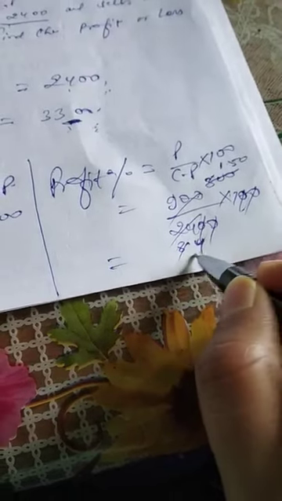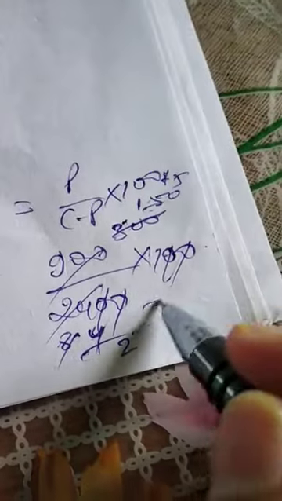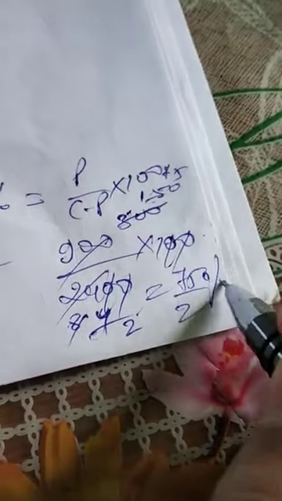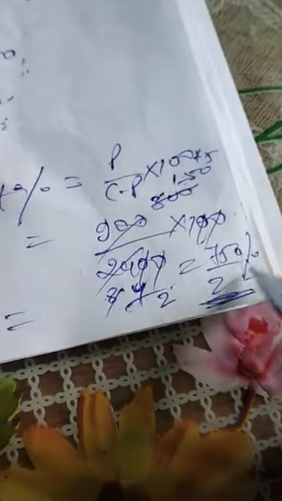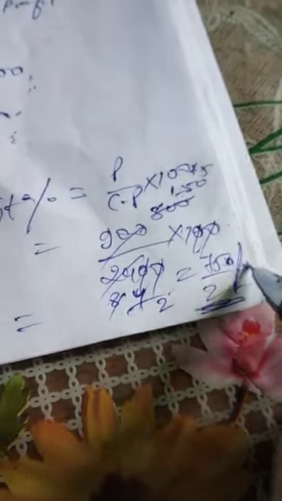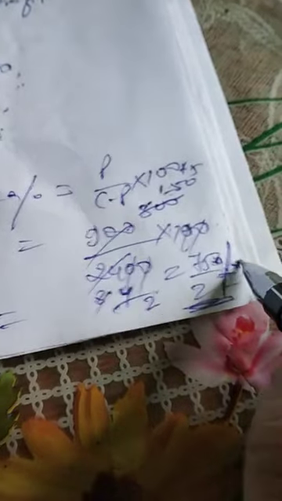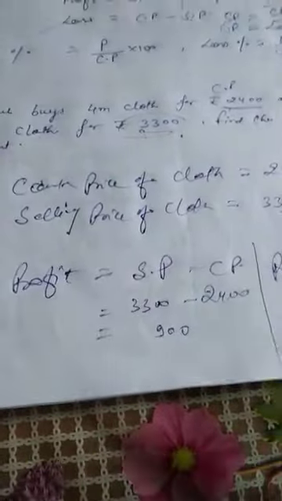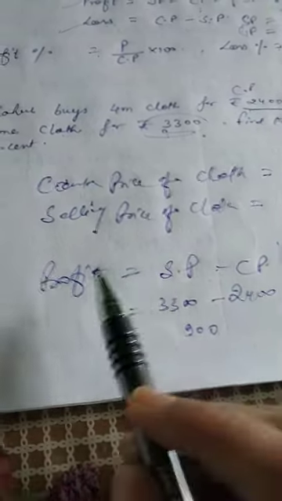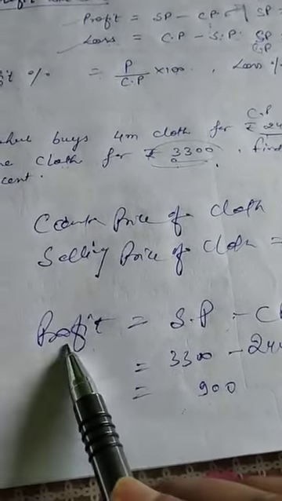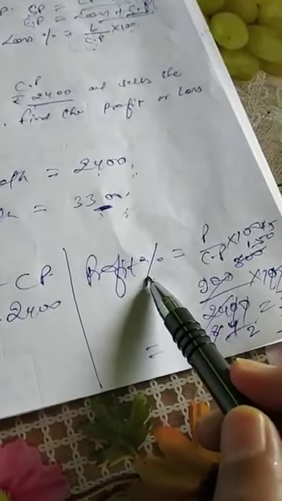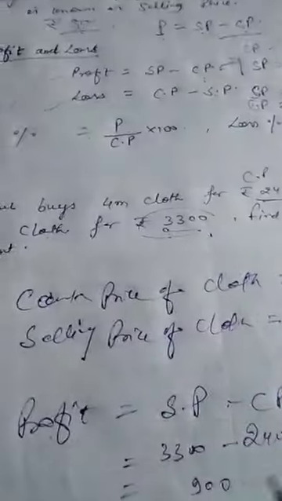2 4s are 8. Okay. 2 2s are 4. So we will get here 75 by 2 percentage, because now we have changed this into percentage. You can change this into a mixed fraction also, but this will be with the percentage symbol, because you have to find out the percentage, profit percent. So to find out the profit percent, we will first find the profit. After that, change this into profit percentage. Got it? So let's see the exercise.